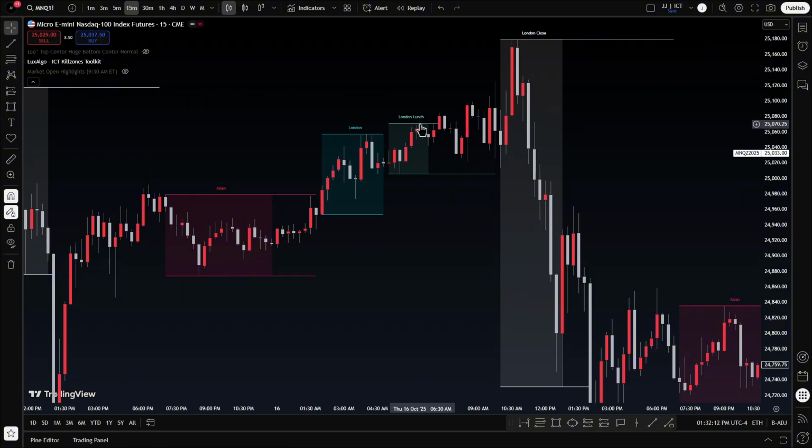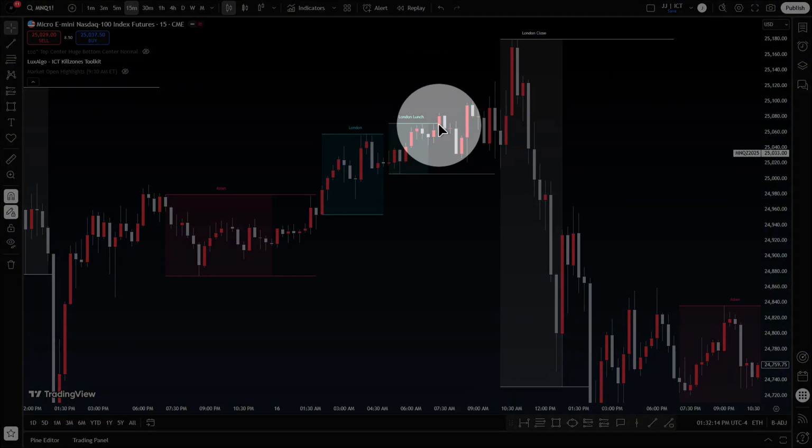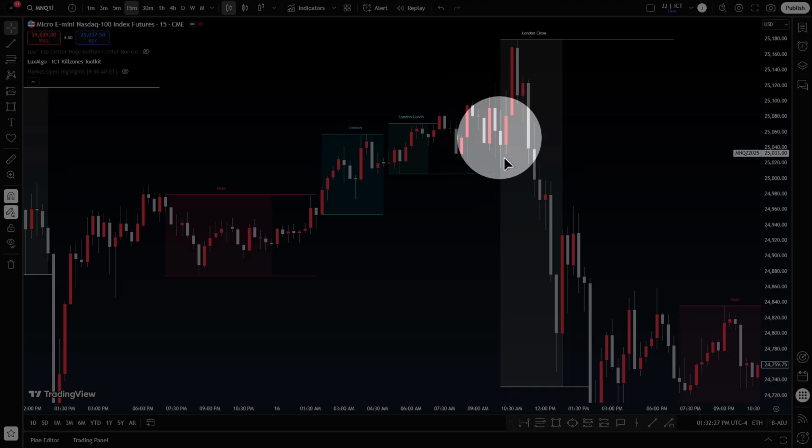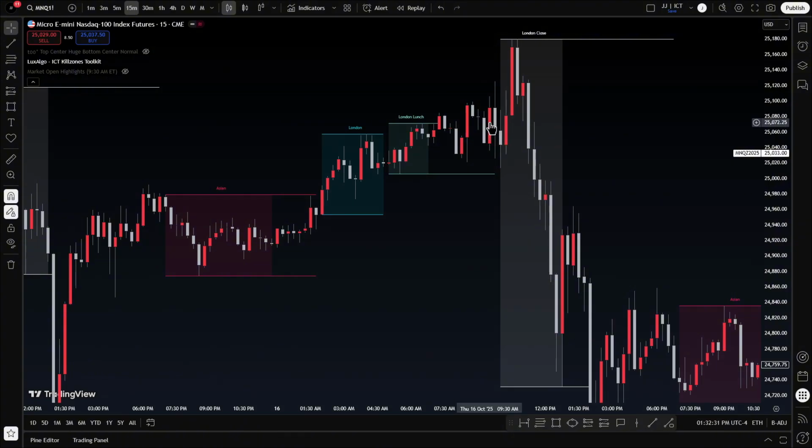And even here, look at London lunch. If I can zoom in, London lunch high here. We're almost just getting abused here. We could barely get past it. Just jumped up, dropped right back down. Jumped up, dropped right back down. And it just kept going back and forth, back and forth. And then around here, when 9:30 kicked in, we jumped higher once again above this short-term high here. That's a short-term high there. You will learn what a short-term high is in the future, I promise. Matter of fact, in this chapter, you will learn what a short-term high is.